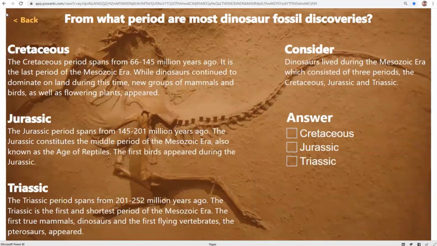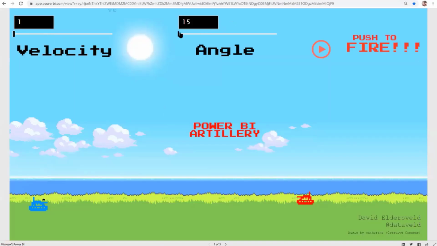These are the different capabilities we can do in Power BI. And see, this is a game they have done. It's not so much a serious thing, they just wanted to try how it would work out. For example, if you click on fire, this